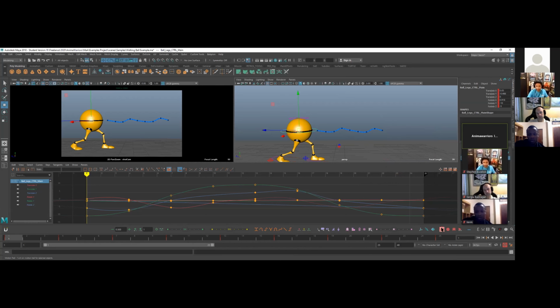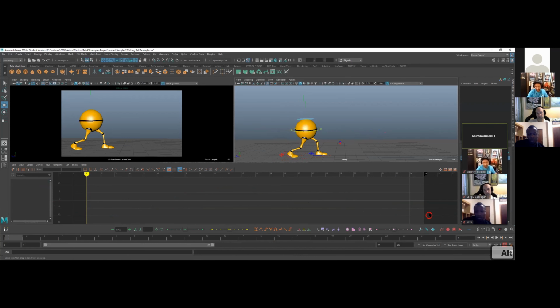Okay, so that is the motion trail. I love motion trail. Suspend viewport. So like I was saying, when you're working with really heavy models, or when you're working with something that's